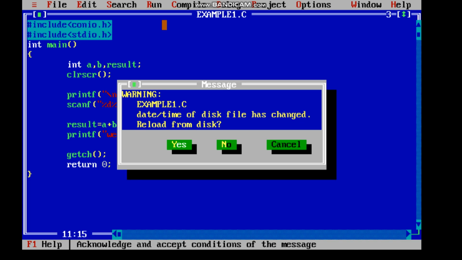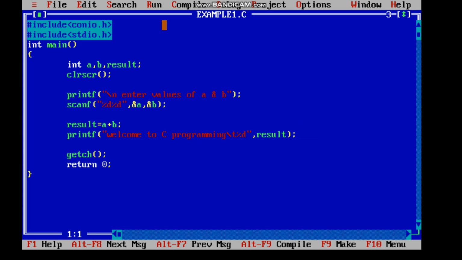There are no errors, then you can run it with 45 and 34. These are the two values. You will get the result as 79. Similarly, you can perform subtraction and multiplication. So in this session, we have seen how to take the input from the user. Thank you for watching this session.